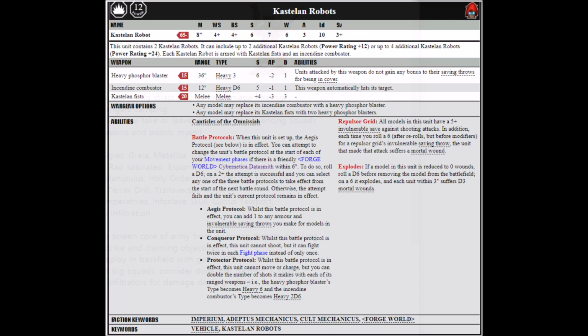This is pretty insane. It means that one Kastelan robot that would typically be putting out 9 shots with Heavy Phosphor Blasters is putting out a whopping 18 shots for 110 points. The protocol doesn't allow it to move though, so it's really quite inflexible. Basically your Kastelan is going to be rooted to the spot until this is changed, so it means that if